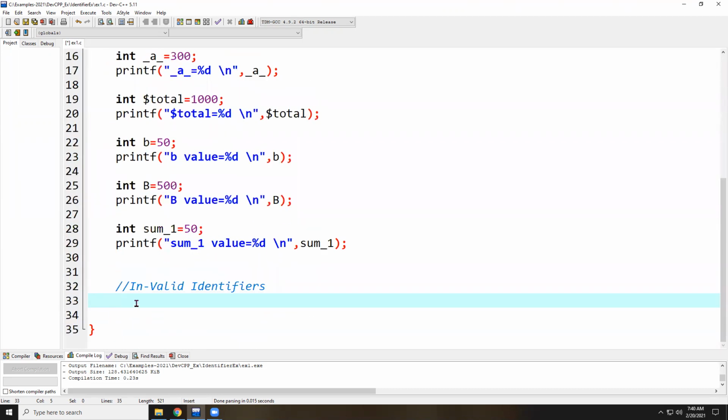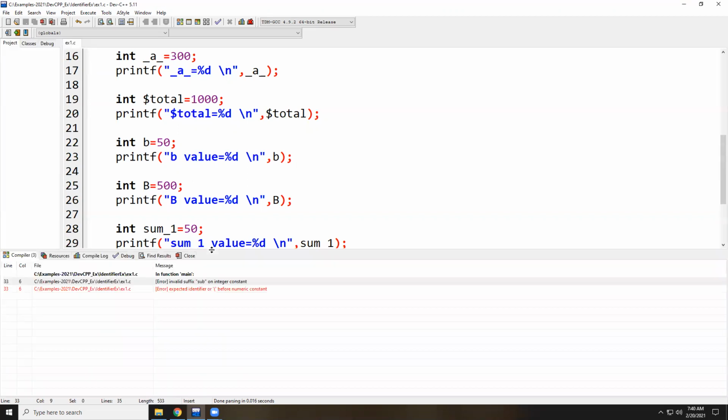Here I try to declare an invalid identifier, like int. Suppose I write the variable called 2sub. Is this variable valid or invalid? It is an invalid identifier. Why? Because the first letter starts with a digit, but according to the rule of identifiers and variables, the first letter must be a character or underscore. Dollar as a first character is also possible, but if you start with a digit, immediately it throws a compile time error. So I compile this application and we got a compile time error.